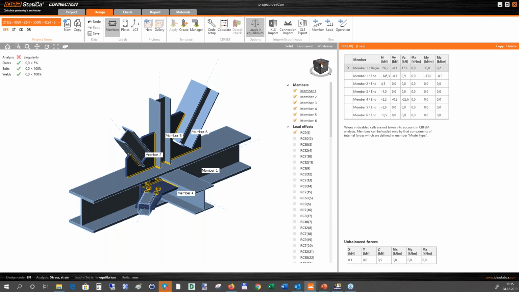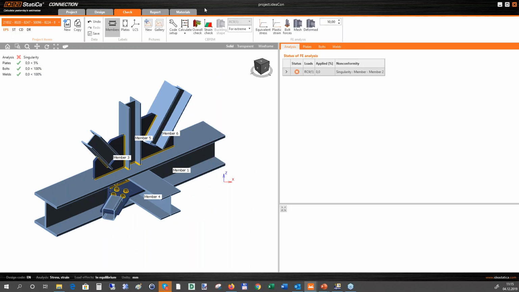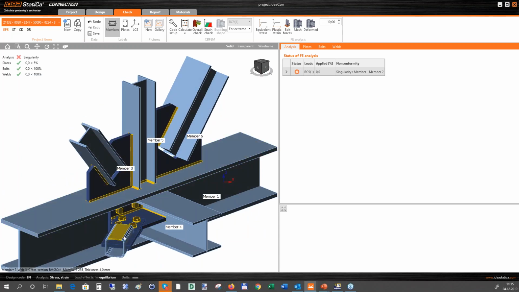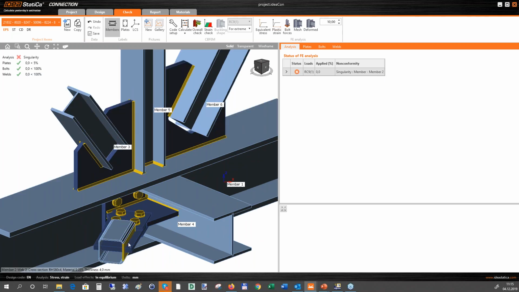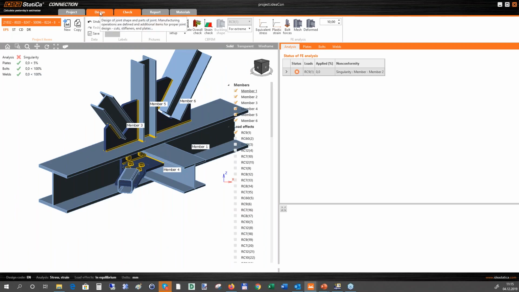Something is missing probably. So in this case, we go to the tab Check, and we can see there's information: singularity, member 2. So we can look at member 2. This is this one, and we can see we are missing the welds which would connect the plate and member 2. So all we have to do is go back to design,